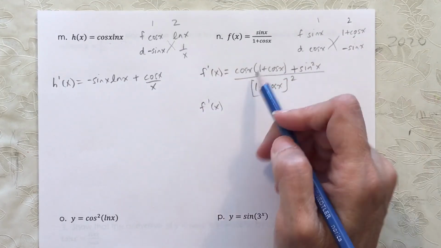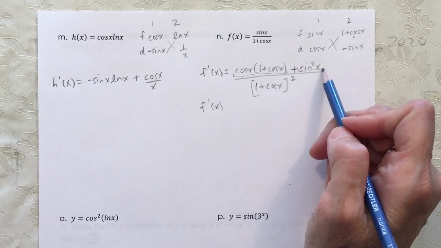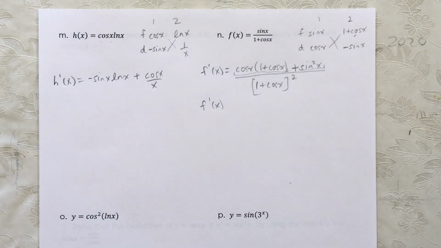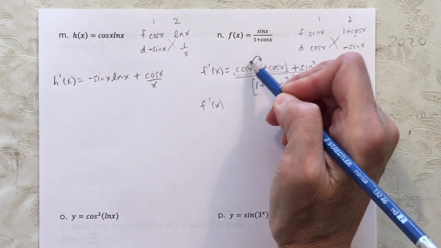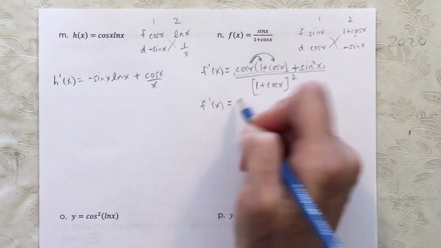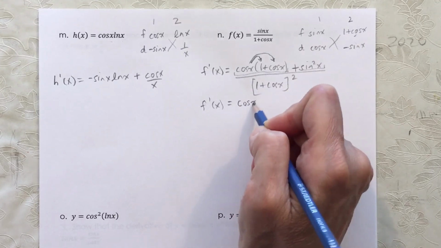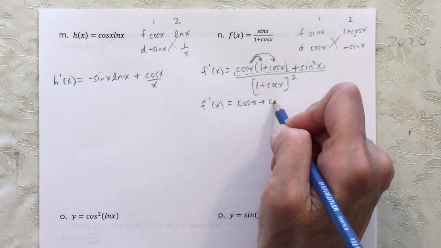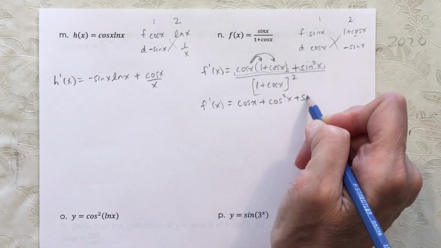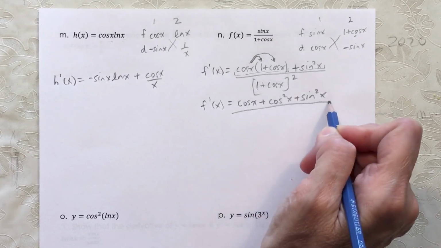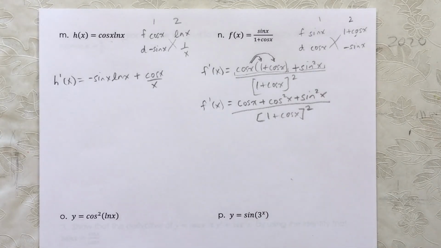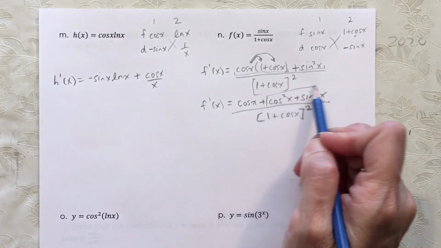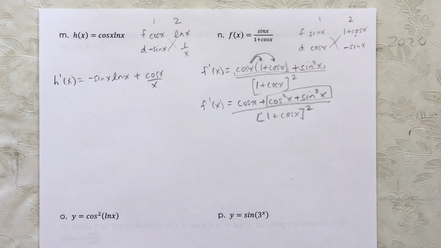Now you might think our scoops don't have anything in common, so we're done, and then you look in the back of the book and say, wait a second, they've simplified it differently than me. Well, again, they've used an identity. A clue maybe for you is that you see a sine squared x here. So if you were to expand and simplify in the numerator, you're going to get cos of x plus cos of x times cos of x, which is cos squared x, plus sine squared x,